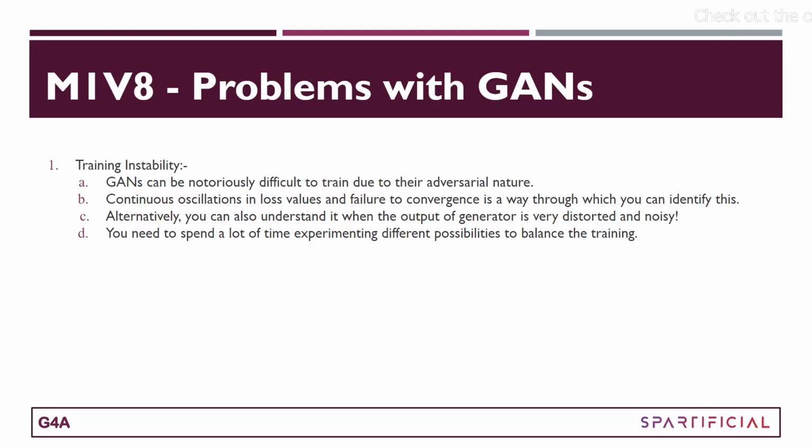The other possibility is that your generator is very overpowered as compared to your discriminator. You can try to check the architecture. It shouldn't be that my discriminator is very shallow and not able to understand the features itself so that it can classify correctly, real as real, fake as fake. So you need a good architecture for your discriminator, with the capacity to understand all the features coming from the images and then decide if it's true or false, right? And do some experimentation, add some layers, remove something, to get